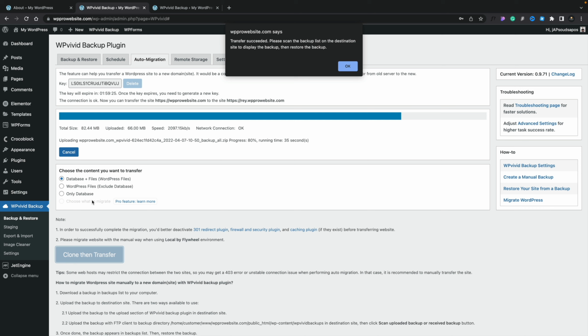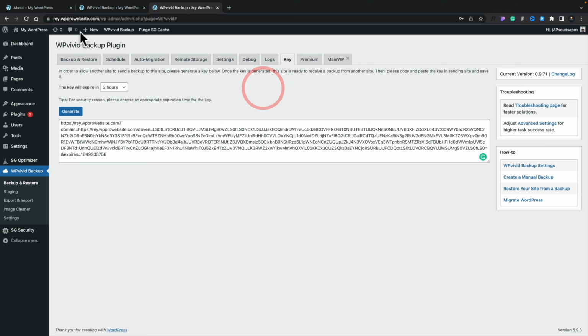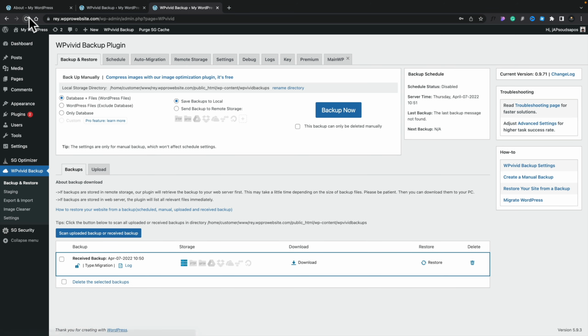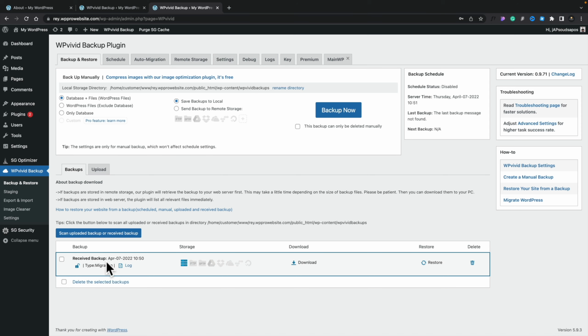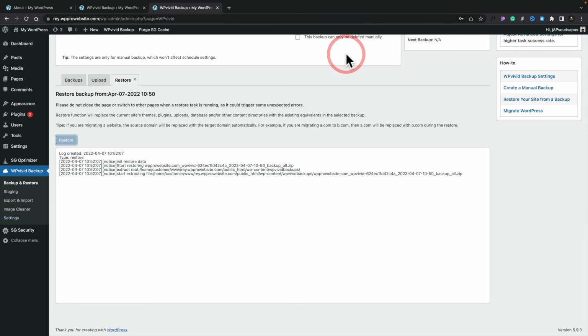Okay, so once that's finished, you can see we're now given a little notification telling us exactly what to do. We'll click on OK. So now let's just go ahead and open up our second site. We'll refresh this just to make sure that everything is ready. And as you can see now, we've got one backup in place. This is where things have been migrated over. All we need to do now is click on the restore option, choose restore, say yes, we're sure. And that's now going to go through the